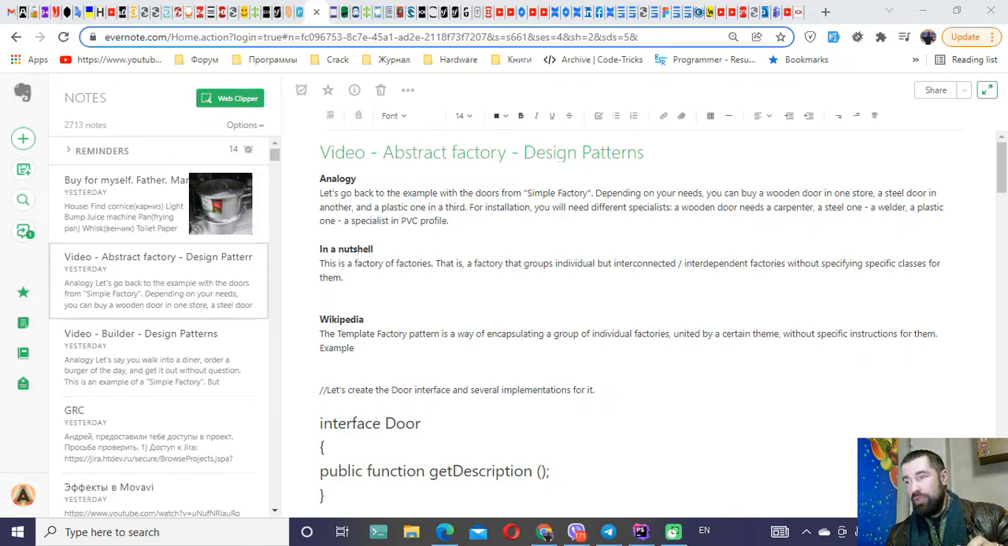So today we're going to continue our topic, which is design patterns, and today we're going to talk about the abstract factory. It's the third pattern from the creational patterns. You already know that there are creational, structural, and behavioral patterns. So today we're learning about the creational patterns, and we also need to understand that we already have a